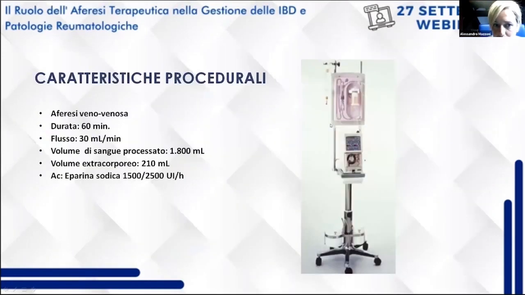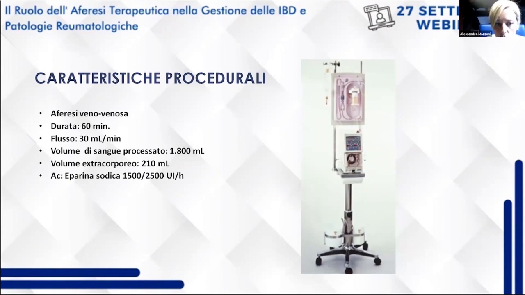So, as you can understand, the procedure is a very simple veno-venous procedure with a fixed duration of 60 minutes. The flow at which the procedure is carried out is a flow that is also more or less constant, around 30 milliliters per minute. Consequently, the volume processed from the patient is always constant,